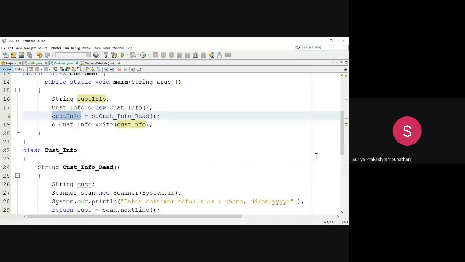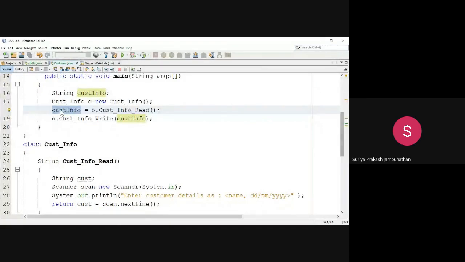So custinfo holds Raj, comma, 23/03/2020. That's the input that will be stored in custinfo. Now we call the write method, o.custinfo write. Here we are passing the custinfo variable as a parameter.